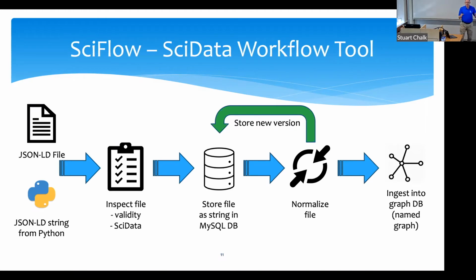because if I put 5, 10 different data sets in the graph about a particular chemical substance, I don't want to have to rely on whatever metadata elements are representing those different chemical substances, because they could all be different in terms of how we put the data in the graph. So rather than that, what we also do in the SciData workflow is we normalize the data files.